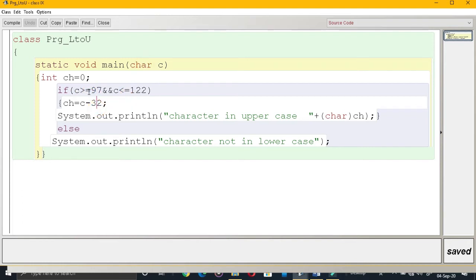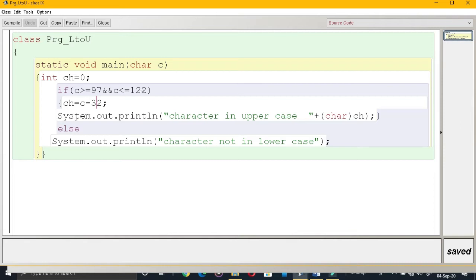So I am checking. See, in the example program I have given c as small letter a. What is the equivalent ASCII value of small letter a? 97. I am checking if that character comes in between 97 to 122, then I need to print its capital letter.